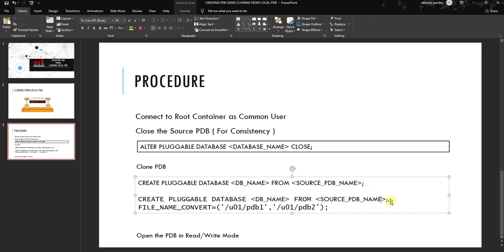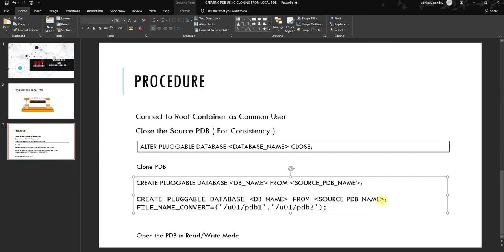This particular part is the same, but this part is different, as I have already defined. This path is the PDB1 from where you are copying, and this is the new location where the files are getting copied to.